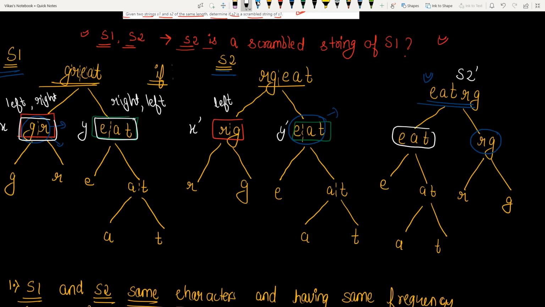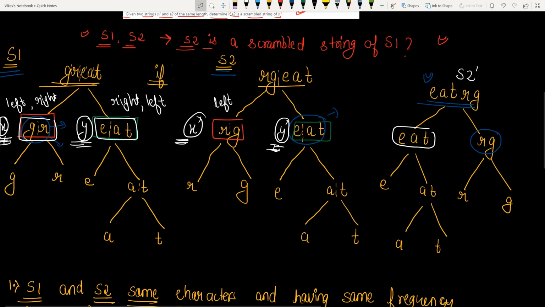So we are going to check if my X is scrambled like Y dash, or my Y is scrambled like X dash. We don't know how these two are scrambled, so we are going to check whether this is scrambled with this one and this is scrambled with this one, and whether this is scrambled with this one and this is scrambled with this one. So we are going to check all the four conditions.